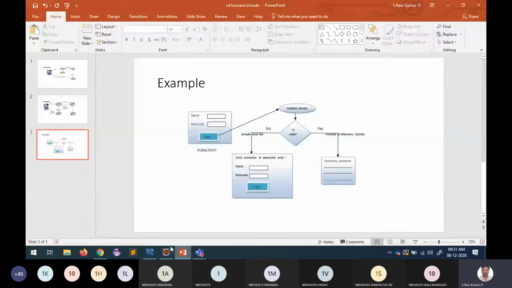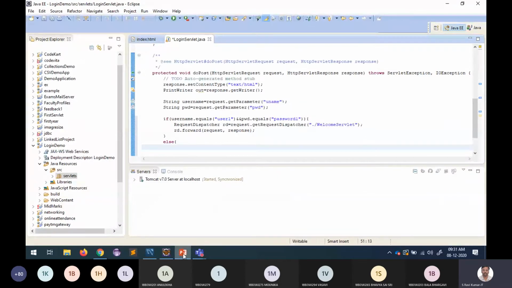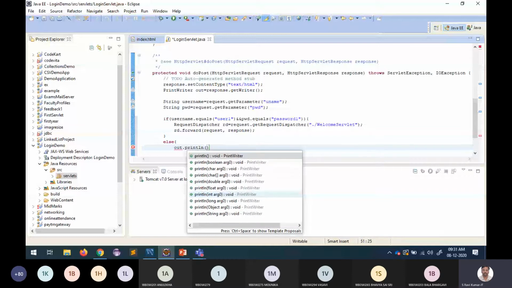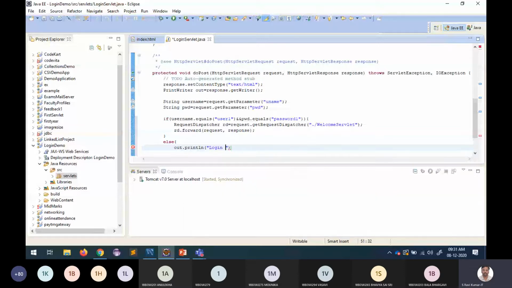If both are wrong, then we have to generate a statement and then include the output of index.html. So that's what we have to do. So how to print using out.println: login credentials are wrong. Please try again. I'm displaying it in bold, or otherwise I can just use an H3 font,